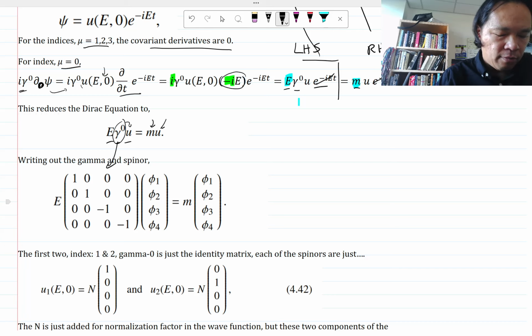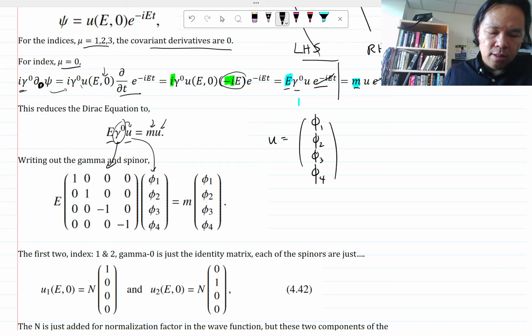It's just -1, -1 down here. So if you multiply this out, and then each of the u's, we're going to define the u's to be, right, these phi instead, just to make it different from the psi. Okay, we plug in and write all these 4 component vectors and